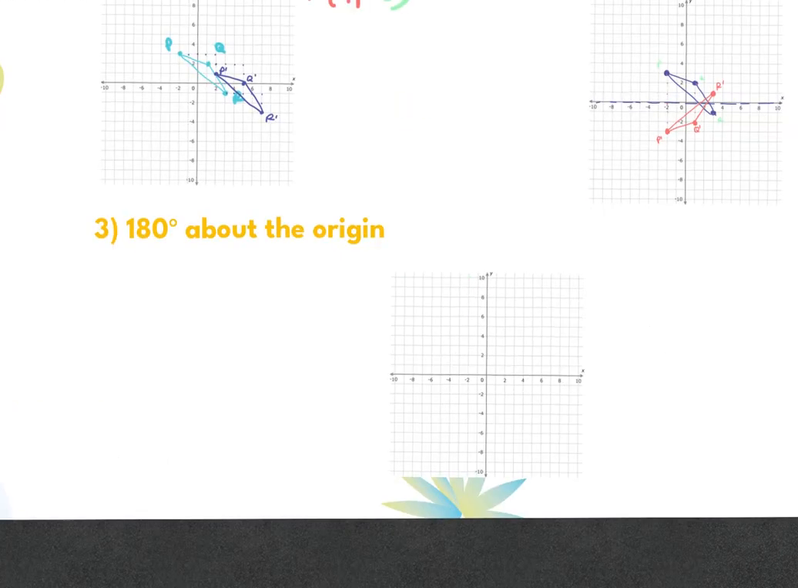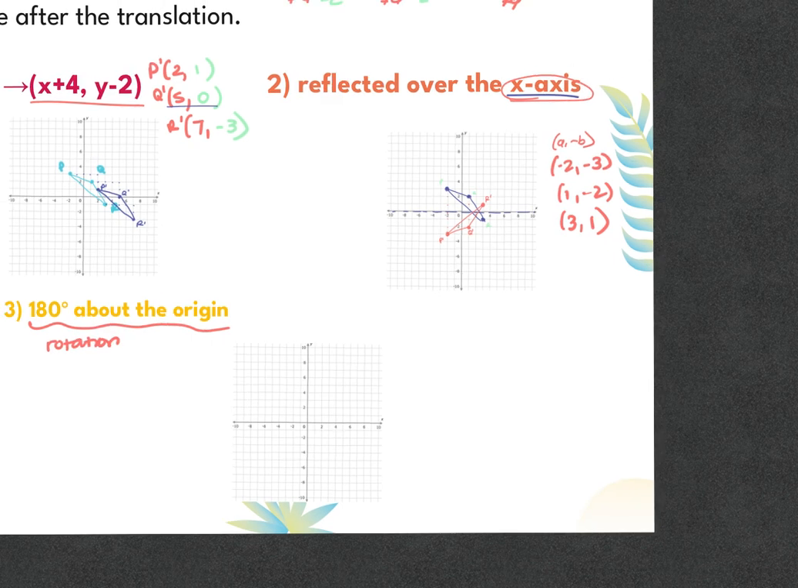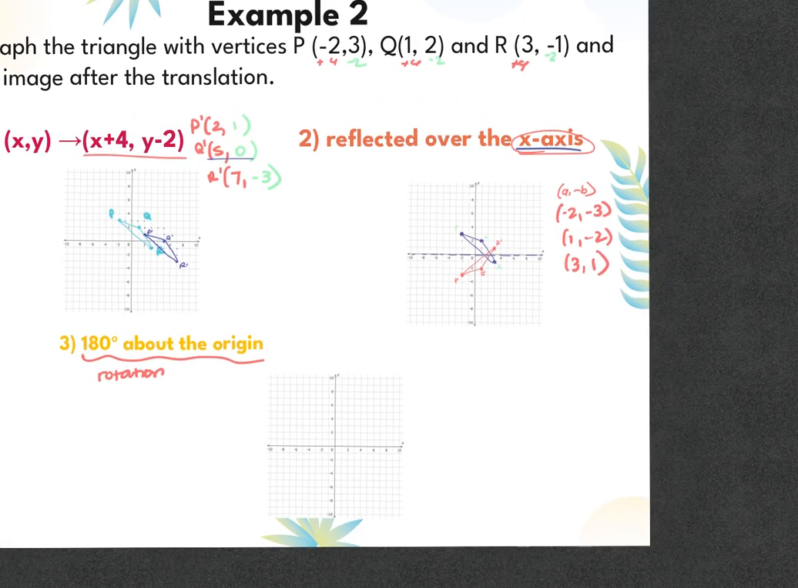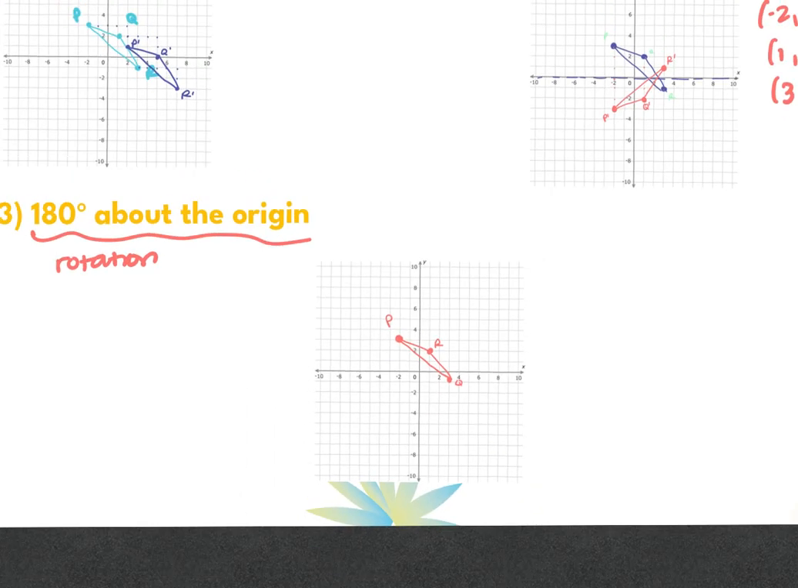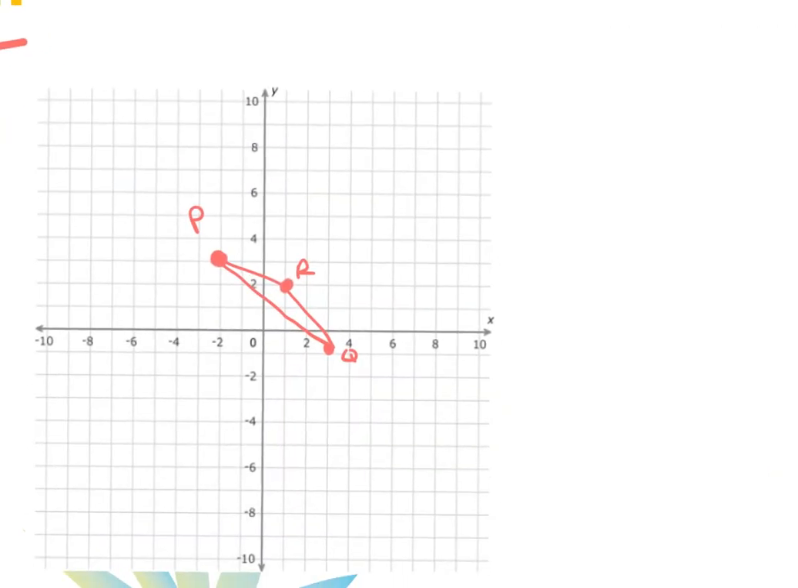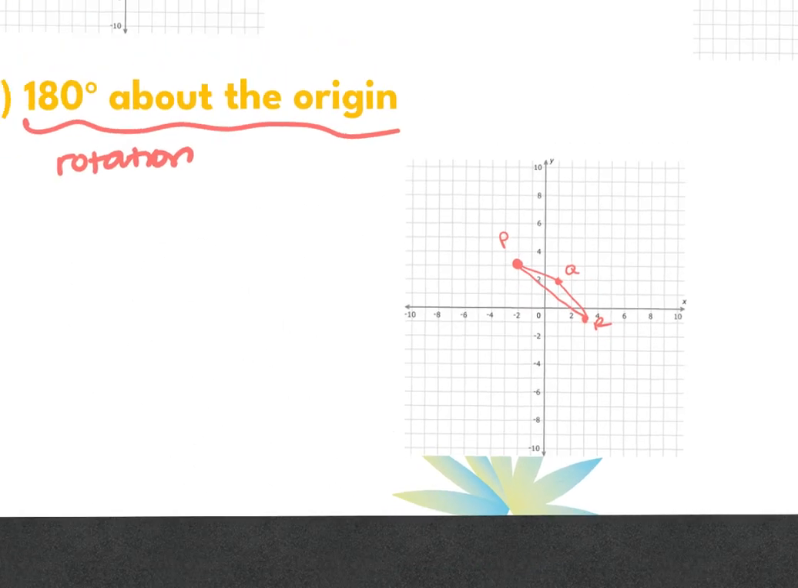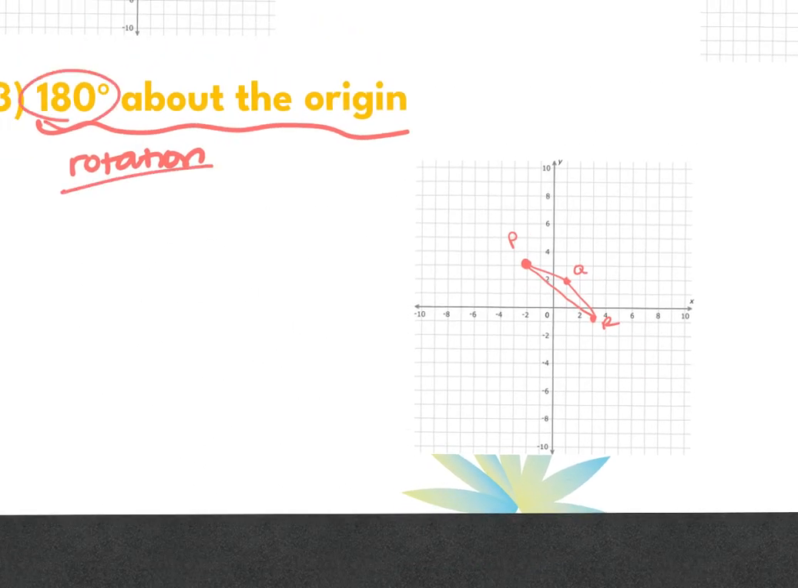Okay, lastly, 180 degrees about the origin. So this is your rotation. I'm going to start with my same initial points. Negative 2, 3, 1, 2, and 3, negative 1. Actually, sorry, those were switched. P, Q, R. And if you go back and you look at your rules about rotation, 180s about the origin